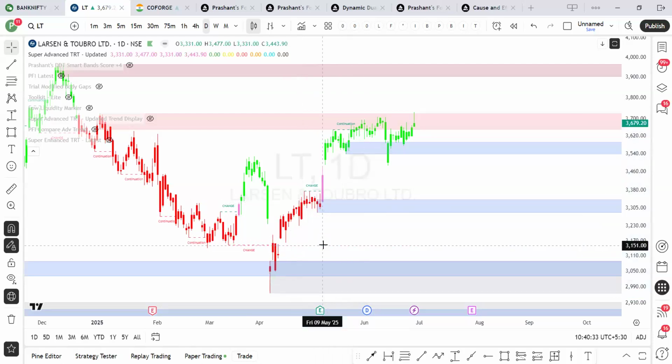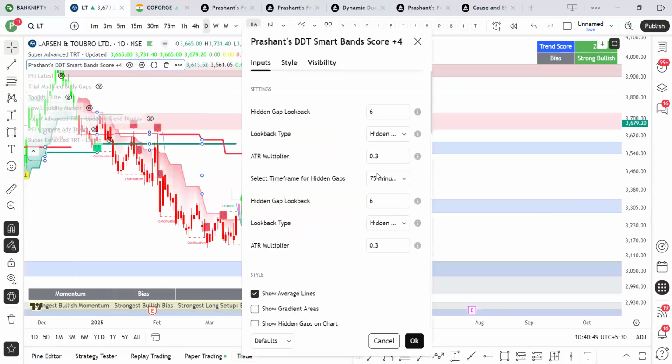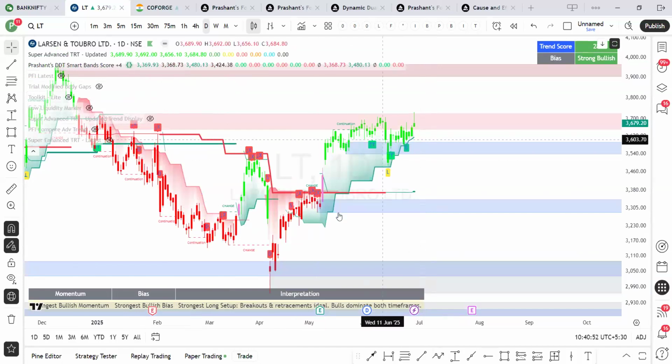The purpose is to have adequate risk reward and appropriate probability where I will not hit my stop loss. In addition, if I use this DDT smart band, then it will give me a level 75 and delay. So it will provide me opportunities or levels. So this can be used as a stop loss level. If I'm going to use this as my stop loss level, accordingly, I can select a zone from where I will plot my